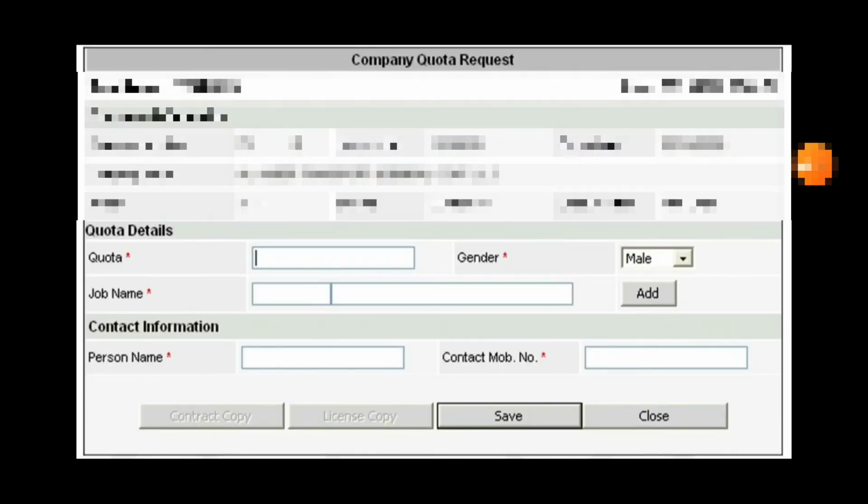This is information for the people who don't know how to apply for the quota, more than 50 or less than 50. So guys, each establishment has the right to apply for 2 inspection visits per transaction. So if there are any issues in your camp and you didn't fulfill the requirements of the Ministry of Labor, you will not get the quota. This is the main thing you have to keep in your mind.